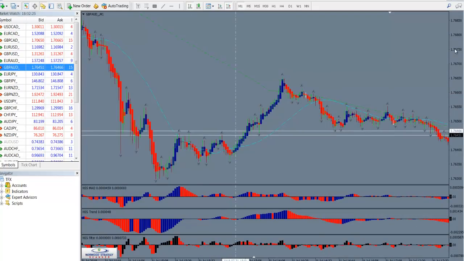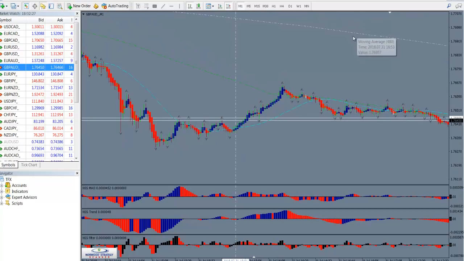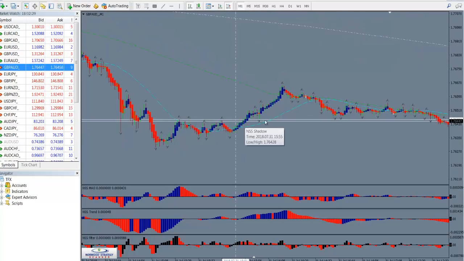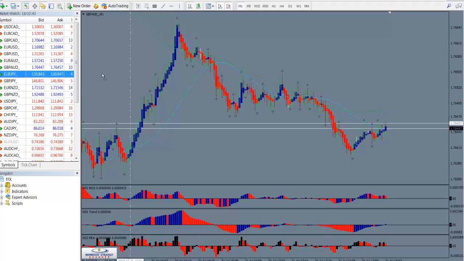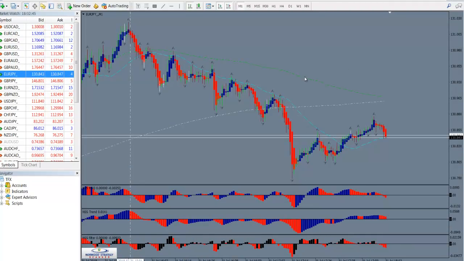This one you can't see them, but you scroll down, now you see the moving averages, 3 moving averages. Now I'm going to scroll through a few different pairs and you can see what they look like. See, they're all intertwined here. Now there's a certain pattern you'd like to have them in, but the main thing is if the price bars break one side or the other, all below or all above,